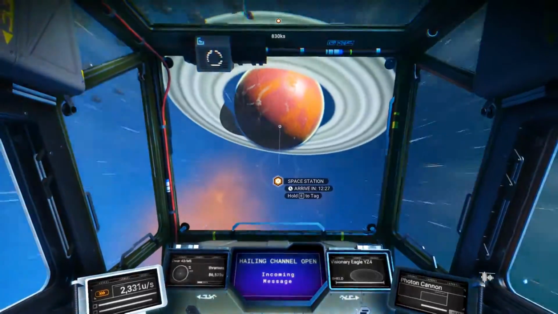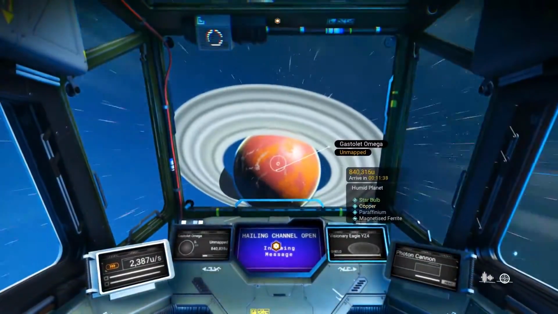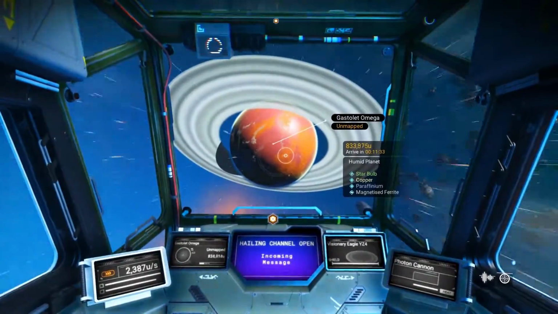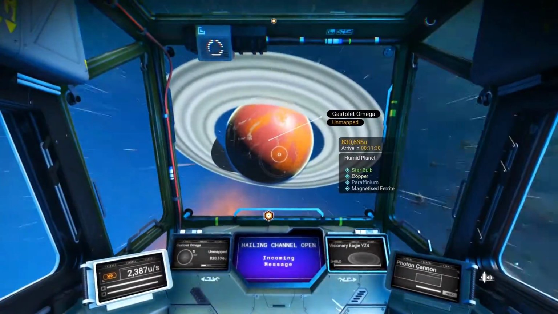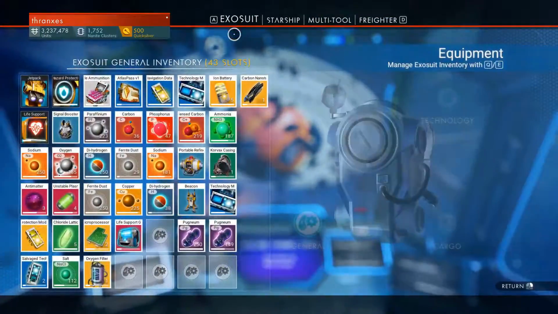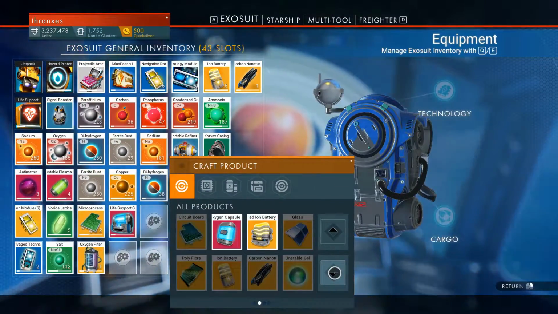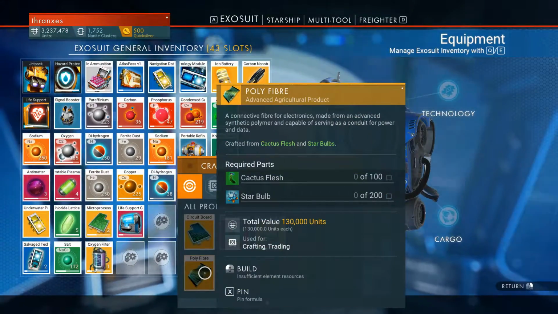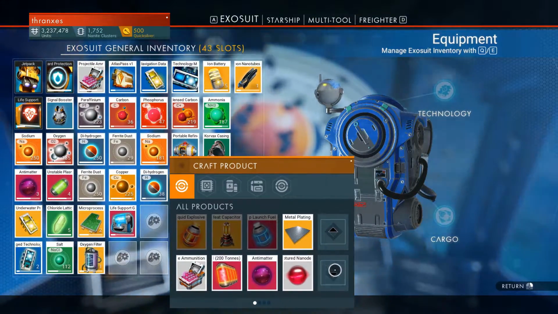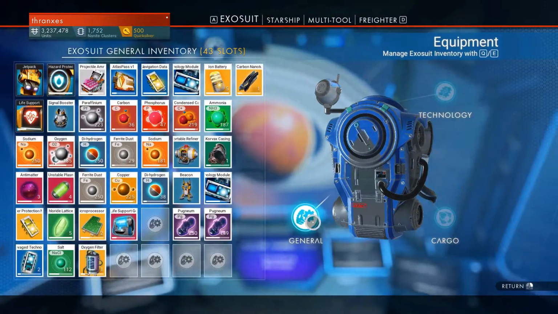Stand by. Let's just scan this planet again real quick. I believe this was a paradise planet, wasn't it? A humid planet? It was. See, we're actually going to need more star bulb. Let's take a peek, because what we're going to need is we're hitting asteroids. We're going to need 200 of it for this polyfiber to make this circuit board, but yet we're also, I would bet money, going to need to have some to plant once we get our farmer that far along. So